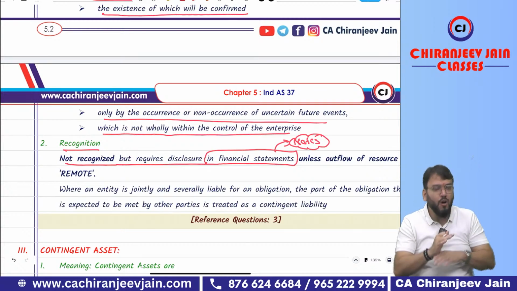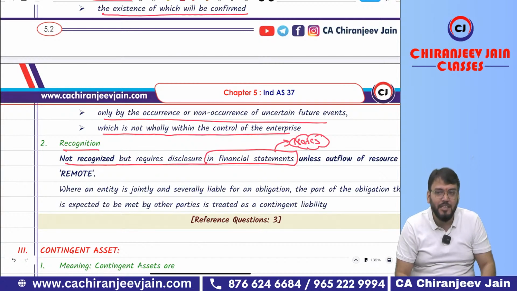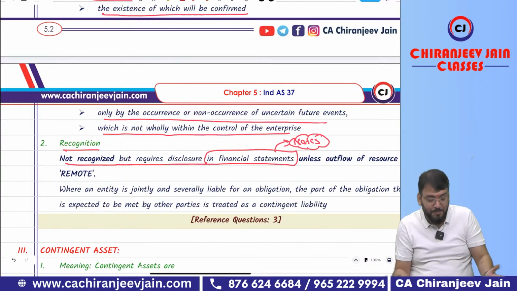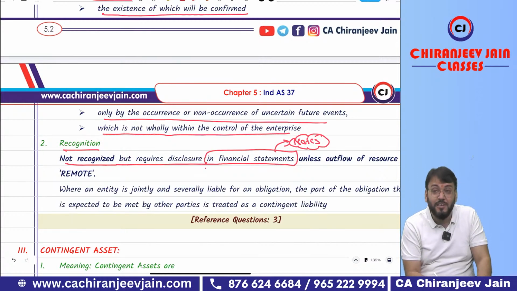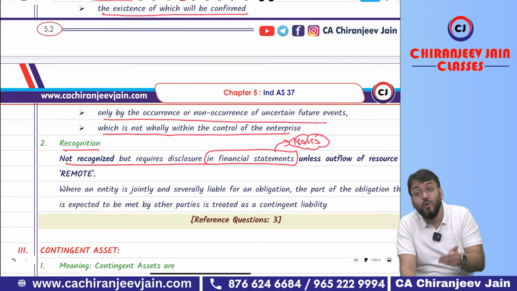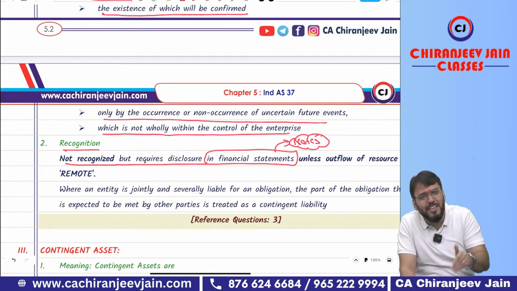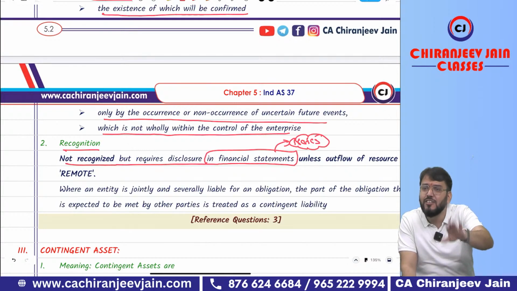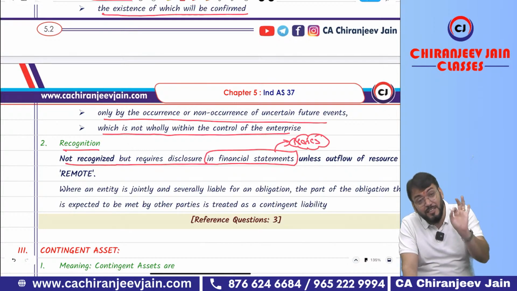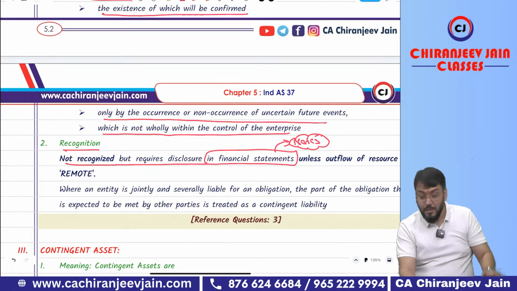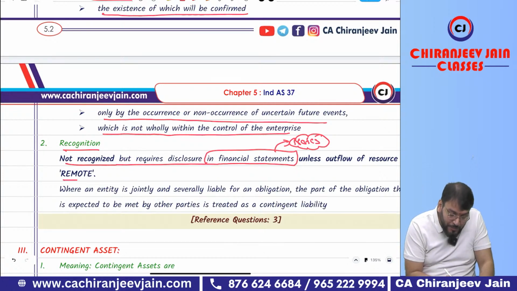In notes to account. All disclosures are given where? In notes to account. Got this point? Have you understood? Simple. So not recognized but required disclosure unless outflow is removed. Means if outflow resource is removed, then once again immaterial, once again ignore. Means whenever there is a remote chance, then this is as per materiality concept, no treatment. So unless outflow resource is removed,